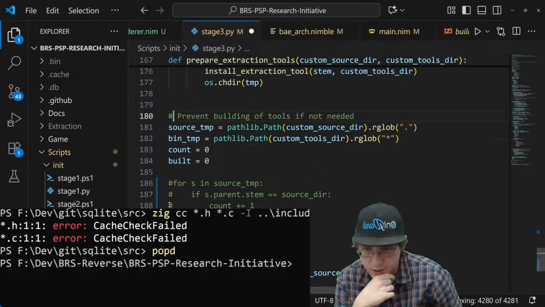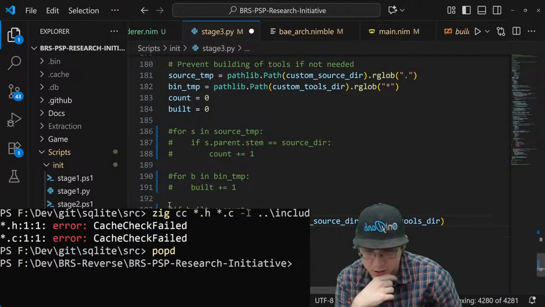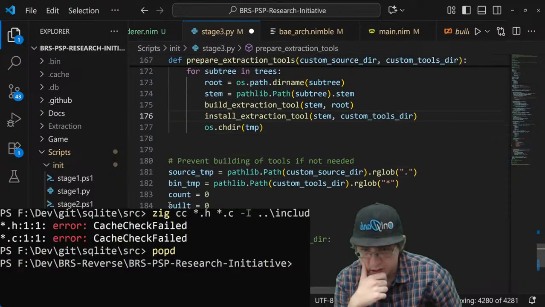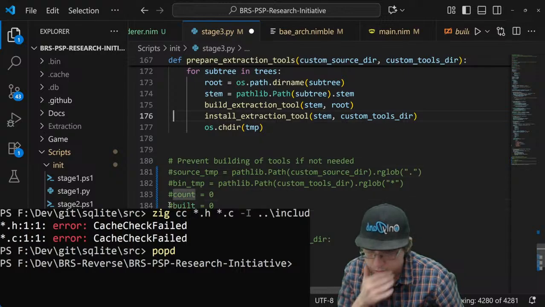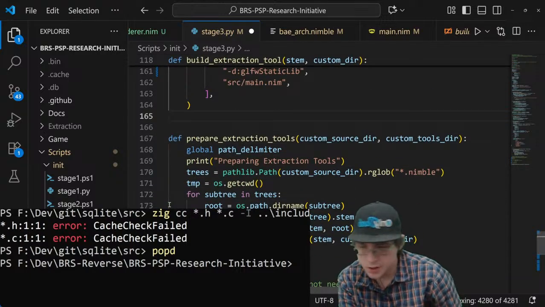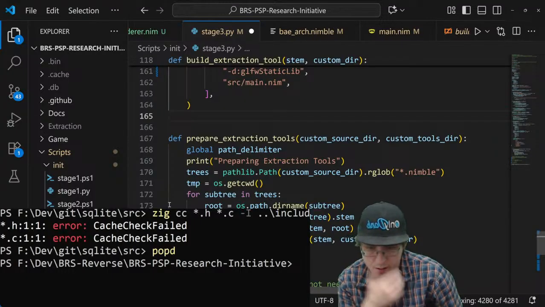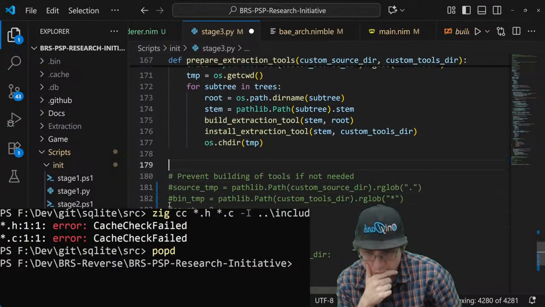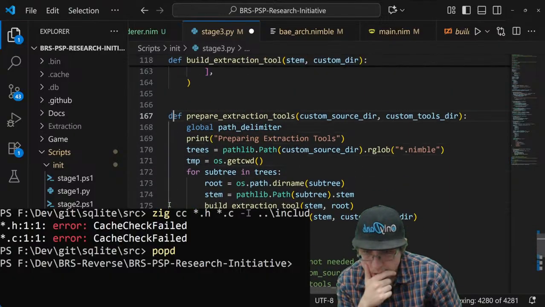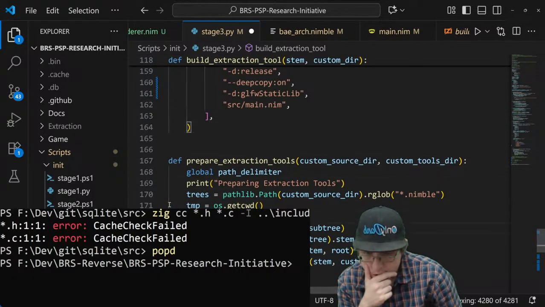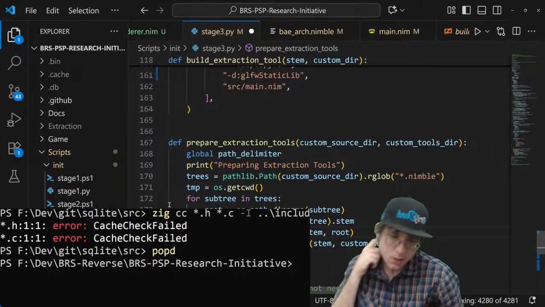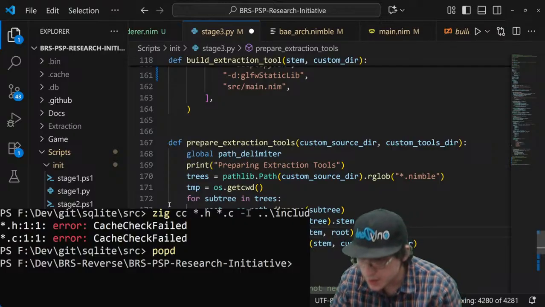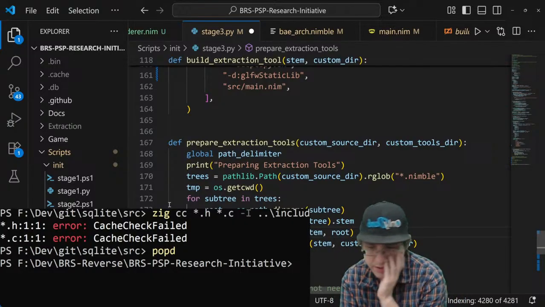Custom source directory is actually just going to be custom source directory. Just need to build the back end and build the front end. I only want to build the front and back end, and that's it.